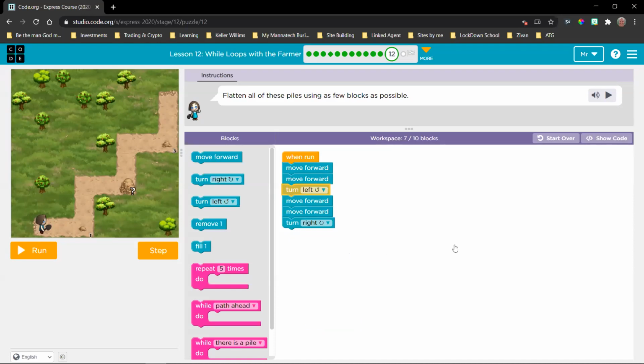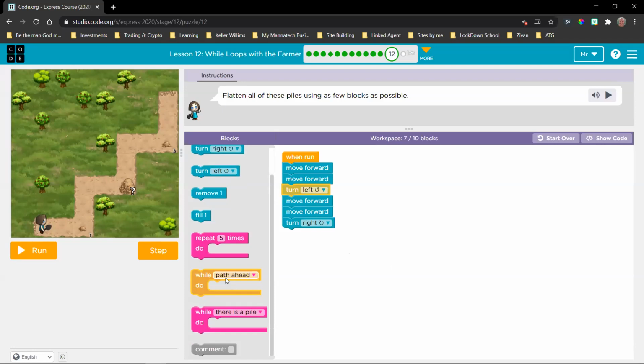Put the while block. Where? Which one? While path ahead, while there is a pile, and where do we need to put it?